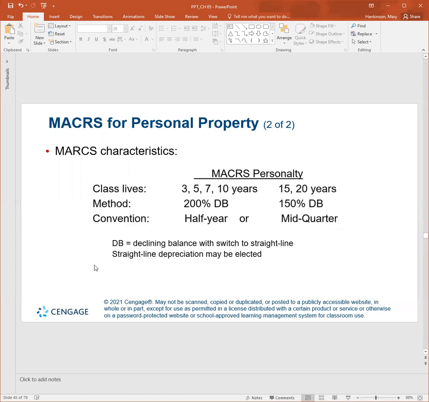So this is what I was talking about. The class lives: you have 3, 5, 7, 10, 15, 20 years. Under 10 years or less, you have the 200% double